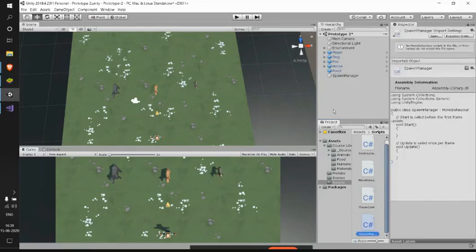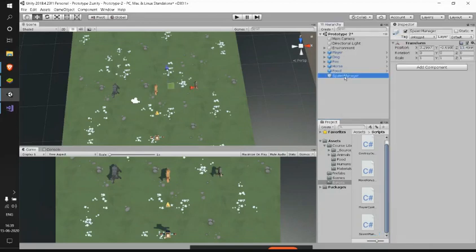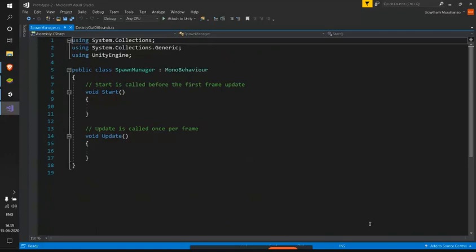So I have created this script, and let me add the script to this spawn manager game object, which is an empty game object as of now. So let me save this and get back to Visual Studio to write some code here.